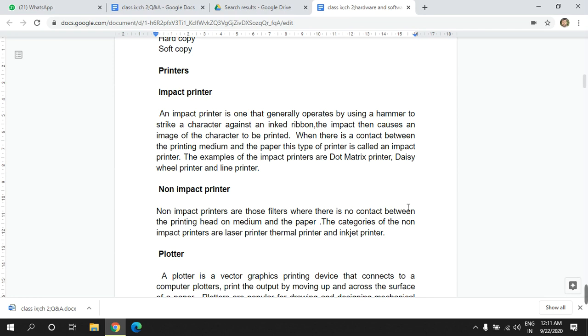There are three categories of non-impact printers: the inkjet printer, the laser printer, and the thermal printer. The laser printer is the most sophisticated of the printers, and this printer is generally used for high quality printing tasks. It is expensive to buy, but the print quality of the laser printer is very good.